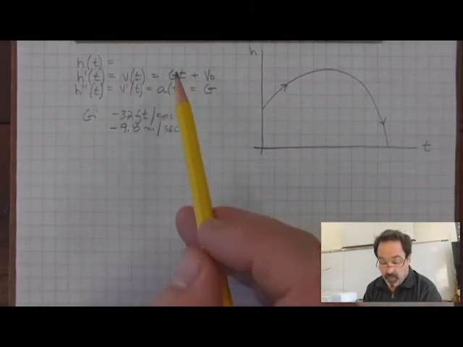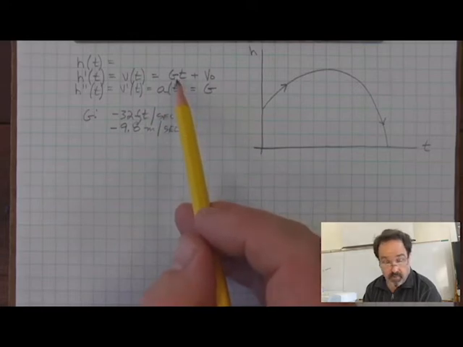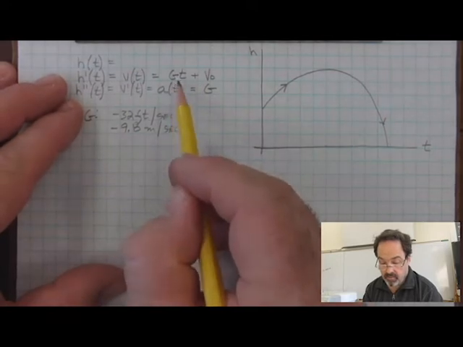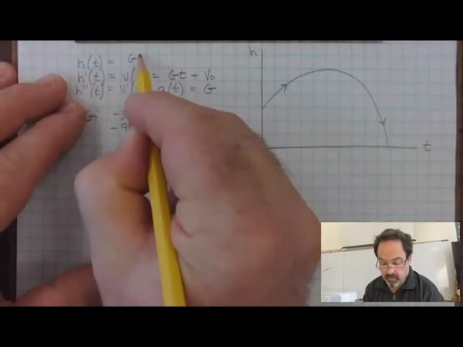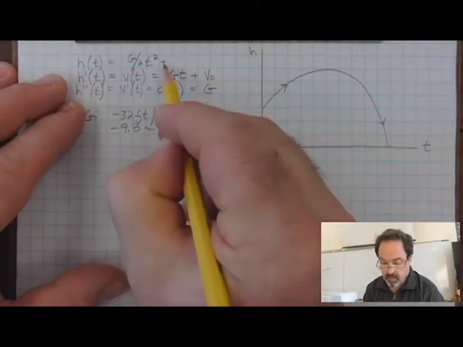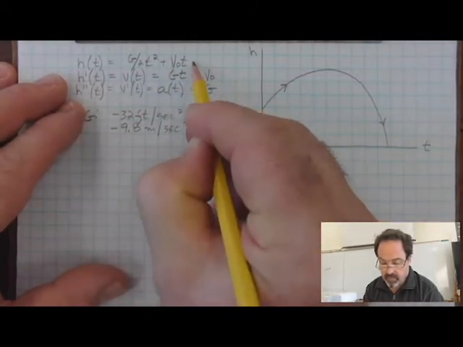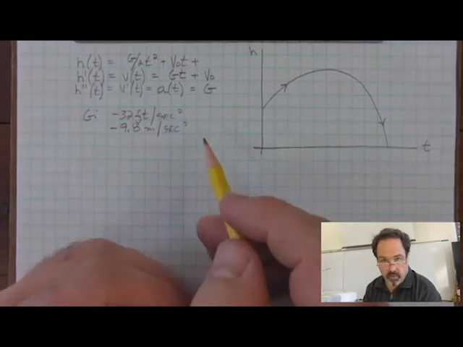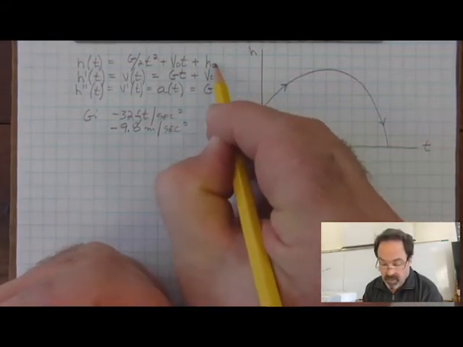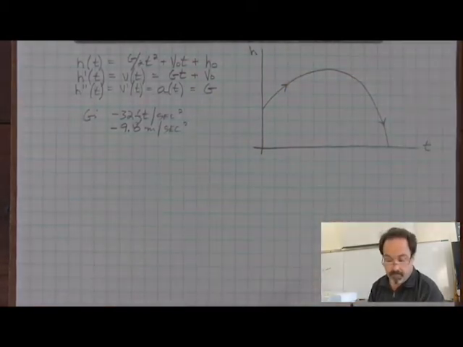The velocity function could be integrated again to get the position function. Integrating g t, we get the gravitational constant divided by 2 times t squared plus v naught times t, and then the constant of integration that gets created then becomes the initial height